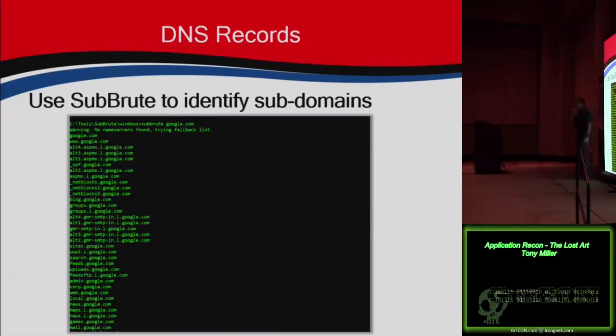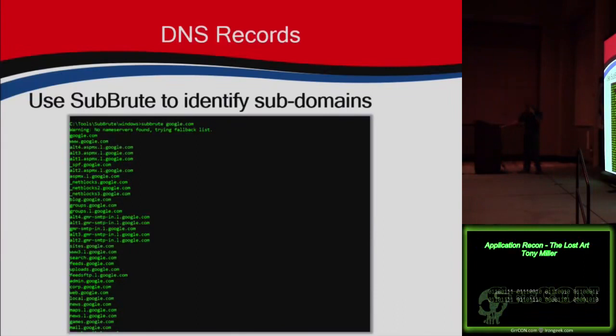And you can see it just does a dictionary brute forcing of all sorts of different subdomains. You can see the list just piles up. There's something like a couple thousand in there for Google, as you can imagine. But this is great too. So I'm sitting here, I'm testing www.whatever.com, and it turns out that there's also auth.whatever.com or auth.www.whatever. They're out there. So this is a great little tool. Keeps it silent. You can feed it your custom word lists. It's awesome. Great stuff.